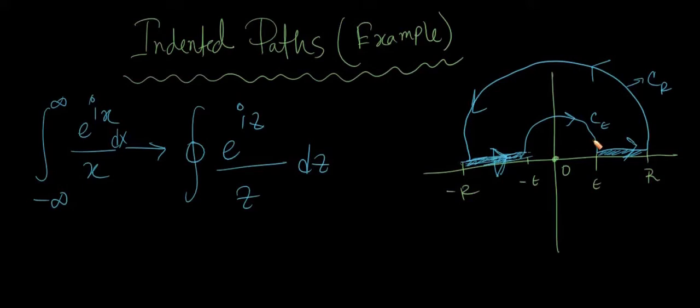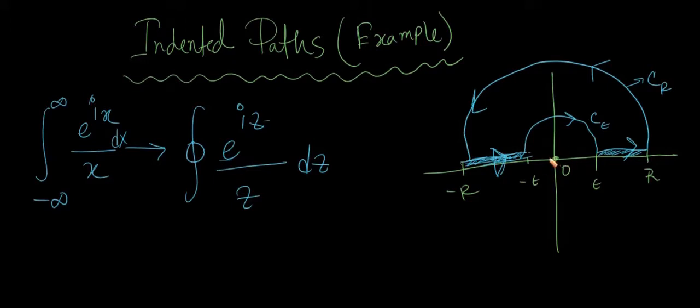Hi everyone, and welcome to this example video of the indented paths that we discussed on the last video. So we're considering an integral from minus infinity to infinity, as you can see right over here. And the first natural thing to do is to promote all the variables to the complex variable z, and the contour we're going to choose is something like this,